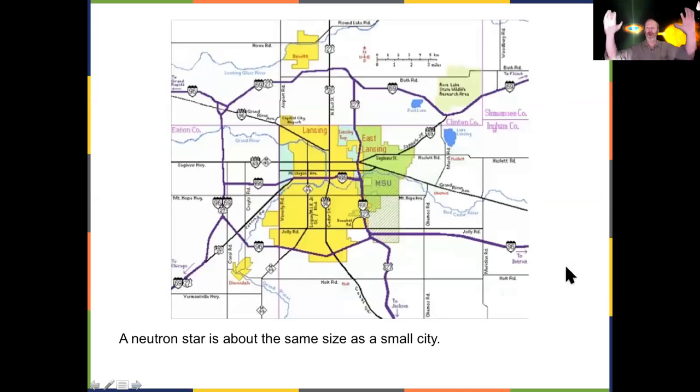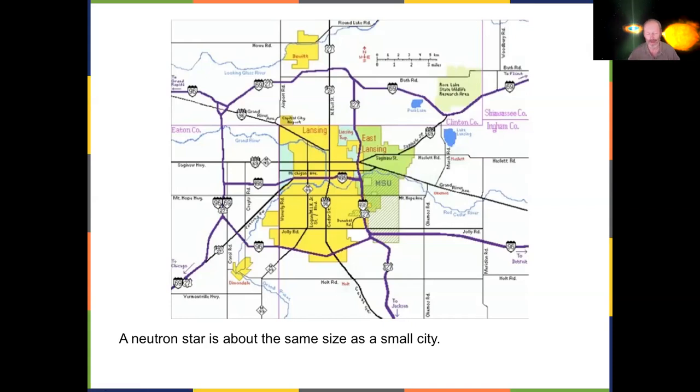And then remember, a star one mass of the sun gets to be about Earth size, and 1.3 gets to be maybe about moon size, and 1.4 maybe gets to be a little bit under moon size. Well, by the time we get to say 2 or 3 and it turns into a neutron star, it drops down to about the size of Bloomington, or